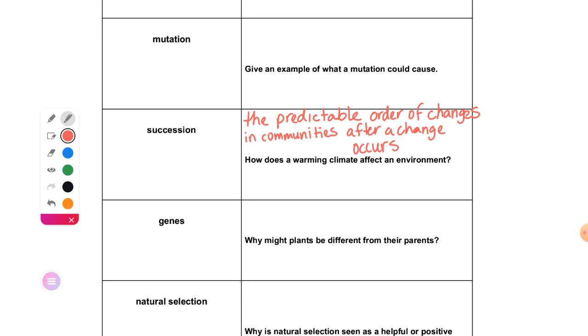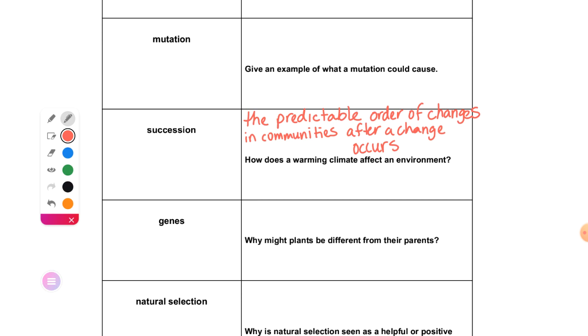Okay, and that second change is like a major change, like after a major thing occurs, like a forest fire. After a forest fire happens, the forest is gone. What is a predictable order of change after that? Elise, what would we expect to happen first? All the animals would leave. Okay, the animals have left.